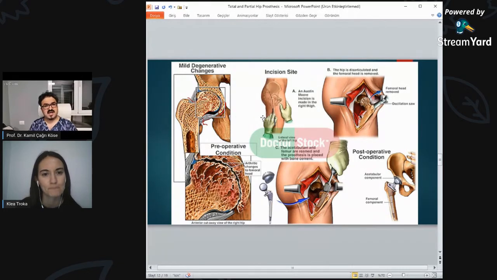And just as in a partial prosthesis, we do our incision and then dislocate the head, then prepare both the acetabular side and the femoral side, and insert the components. In most cases, we do cementless fixation. In rare cases, very, very rare cases, we do cemented fixation, and then put the components into place and reduce